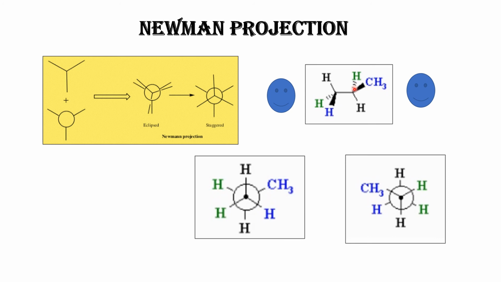See here, this is the front carbon. Front carbon means this CH3 will go to this wedge bond, you know, a solid wedge bond. You have to go to the right side. Okay, this you have to go this side, that means here on the left side. If your view means it should be right, but here you have to go to the left side. If your view is here, this goes to the left, and if your view is here, this goes to the right. See, the color is also mentioned very clearly. Here CH3 blue, here CH3 blue. Hydrogen is also mentioned with a different color, so which hydrogen will go to which place is clearly visible. Okay, I think you won't have any more doubt on this.